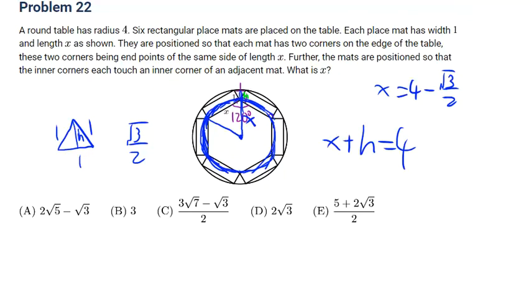What did I do wrong anyway? Is the radius of this not x? I mean, this is literally a regular hexagon. How could this not be x? This has to be x, and this has to be equilateral because 120,